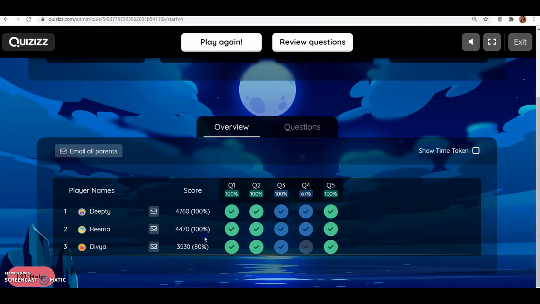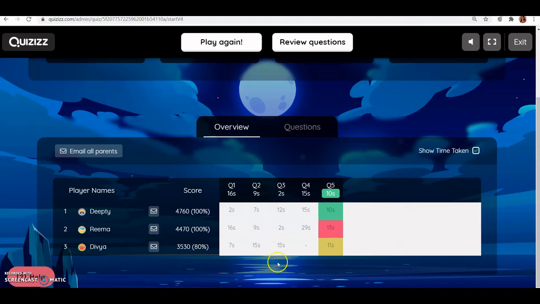You can see their scores. You can see the questions option. Each question, how many students have answered correctly and how many have given incorrect responses. And if you want to see the timing, in how much time the individual has attempted the question, this will give you better results, because if you set the timings for the further stages, you can change the timings. You can expect how much time a student is taking, maximum and minimum. You can directly email the results to the parents.